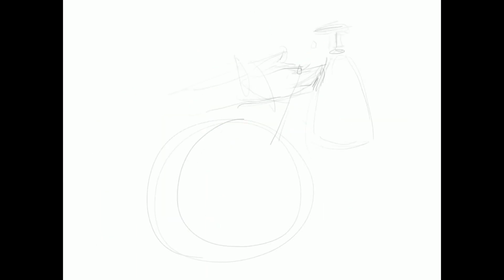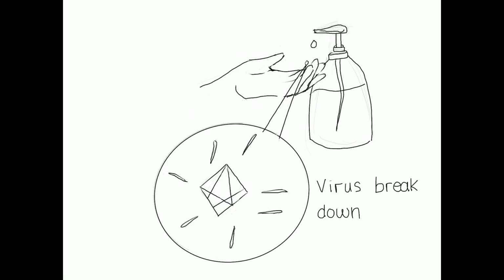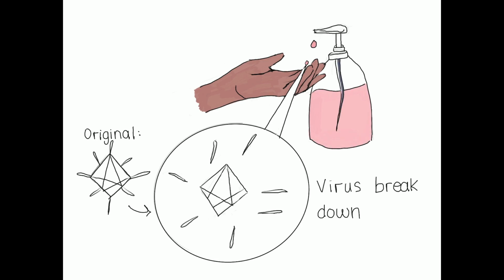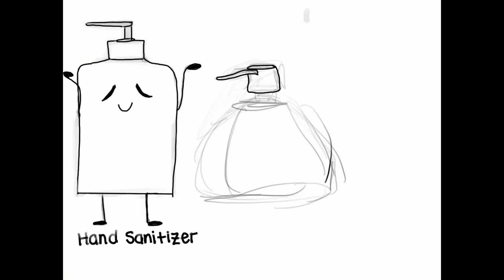The reason why hand sanitizers are unable to actually remove the germs, or in this case viruses, is because it only breaks down the protective membrane of the virus, which makes them fall apart, so it's still on your hand. Therefore, if you do not have access to soap and water, it is still recommended to use hand sanitizer